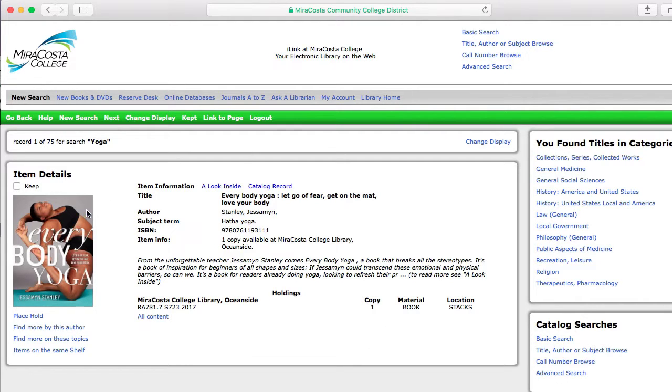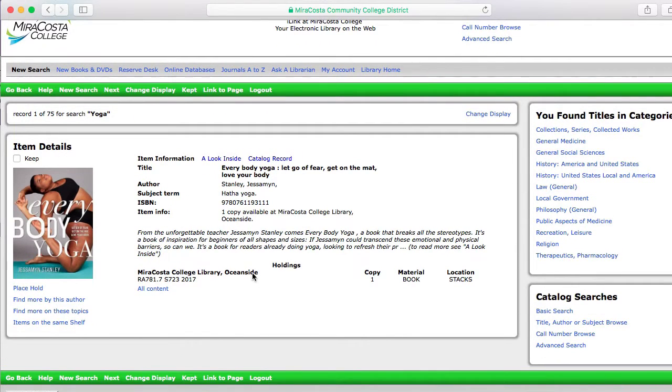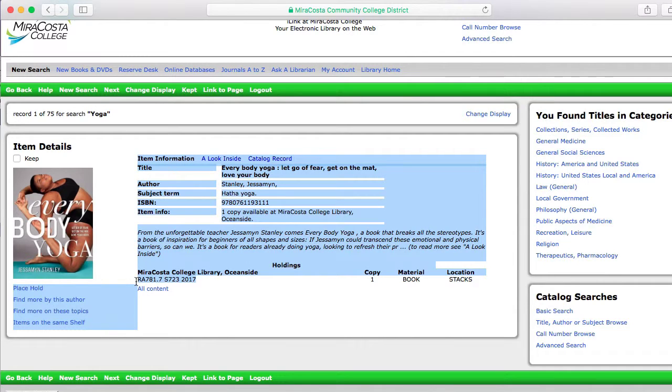This first page we see is called the item information. It tells us basically what we need to know and whether we want to go find it on the shelf in the library, or if we want to move on and look at something else. It gives us a title, an author, a subject term. It also tells us down here that it is available at Oceanside campus, and in order to find it on the shelf, we need this call number,